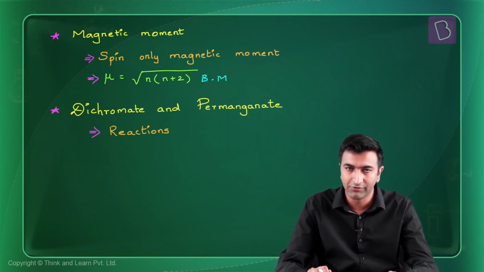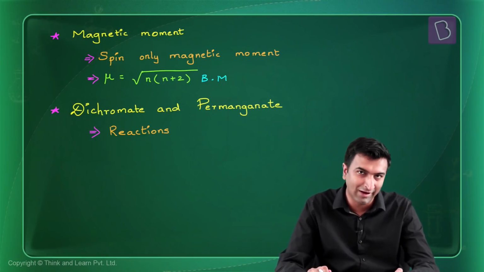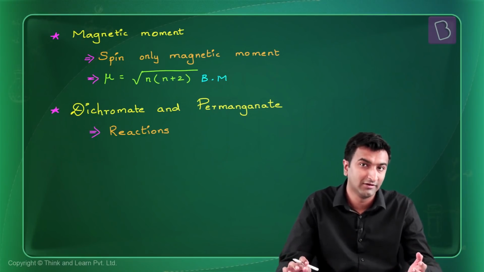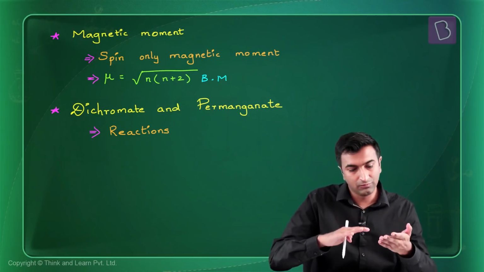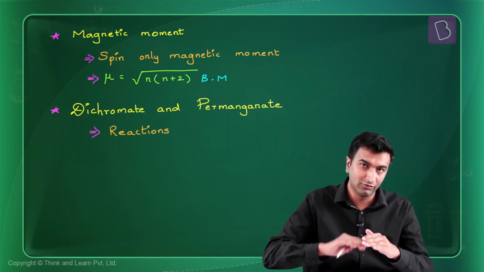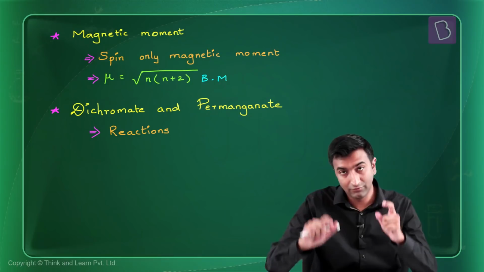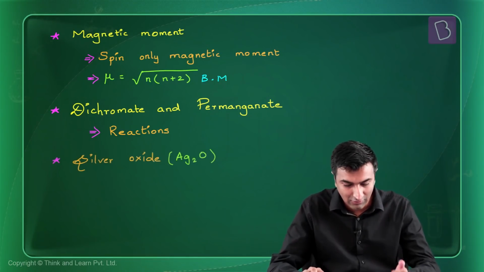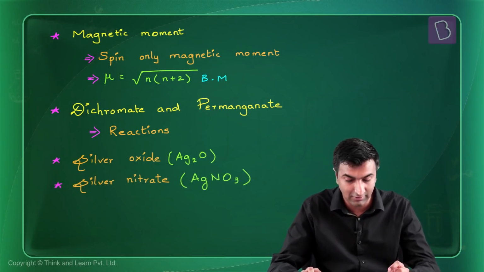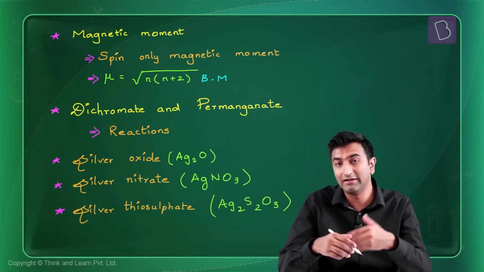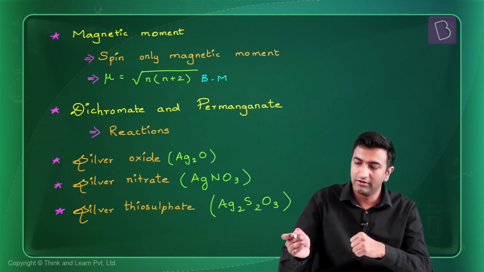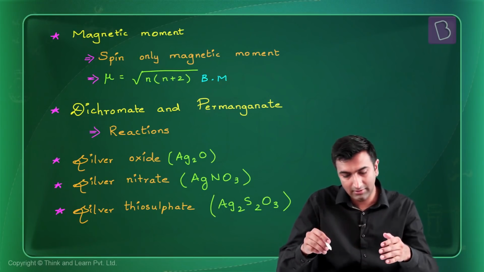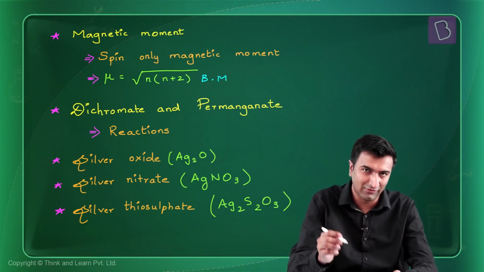This is there in standard textbooks. A lot of theory, but you'll have to read this if you want maximum marks. If you just want to brush the surface and make sure to get most of the questions right, then what I've told you till now should be enough for this chapter. But if you want to get all the marks, then listen on. All right, there's silver oxides, there's silver nitrate, the formation, there's silver thiosulfate, sorry, not sodium. Generally, the thiosulfate ion, although it is in the P block,